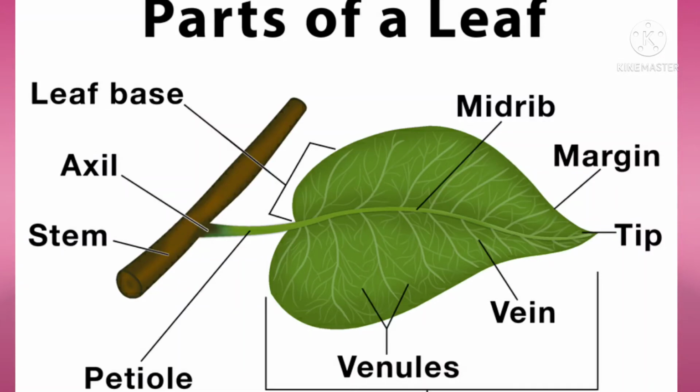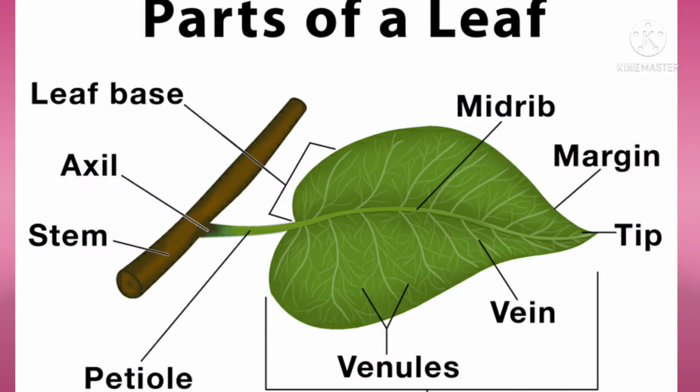Okay, you can see there are numbers of very tiny channels. They are called veins. They run all over the surface of the leaf. Veins form the network to carry water and minerals to the parts of the leaf. So they carry minerals and water for the plant to prepare the food. Okay, leaf is also called the kitchen.